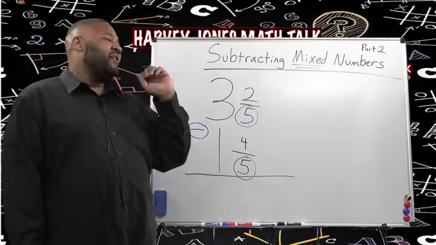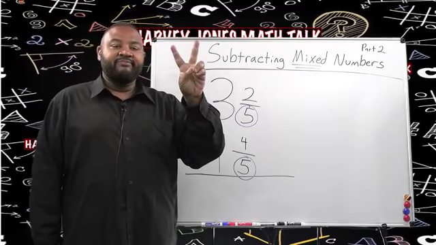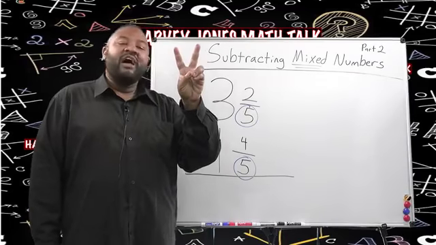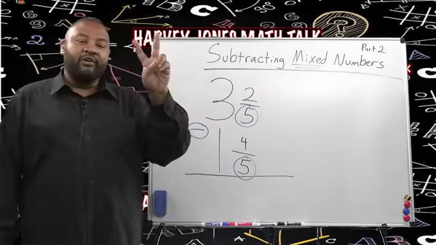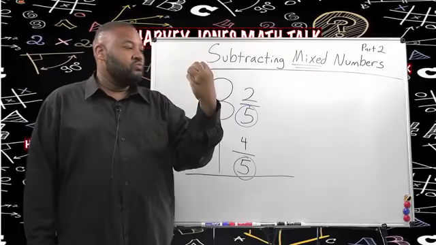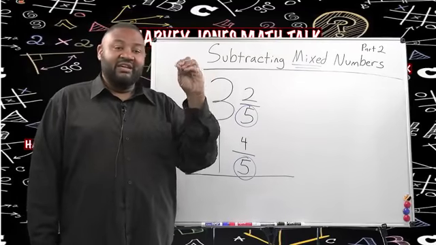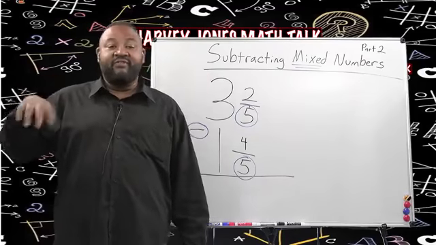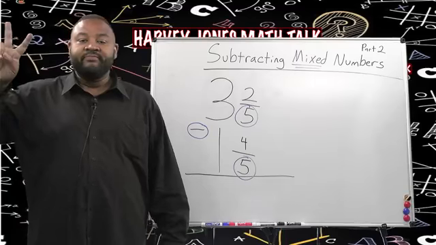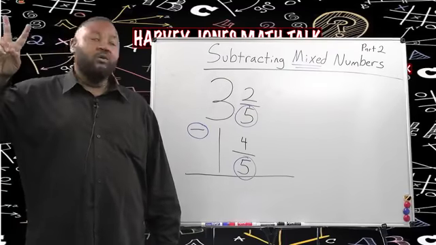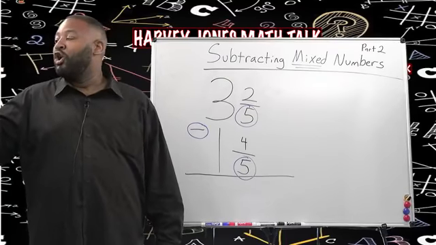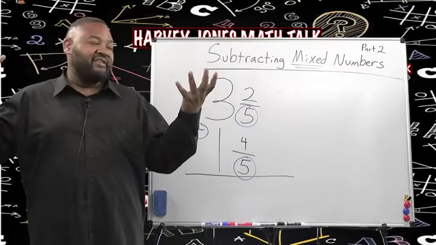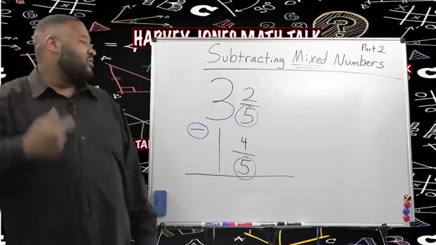Right now, we have 2, and I want to take away 4. I have 2, and I need to take away 4. Here we go. 1, 2. He just said he don't have any more to give. All right, so I'm going to switch hands. I have 2 right here. I'm going to take away 4. 1, 2. I ain't got none either, Mr. Jones. Okay, so neither one of these guys have it, which means that we have to do some sort of regrouping,